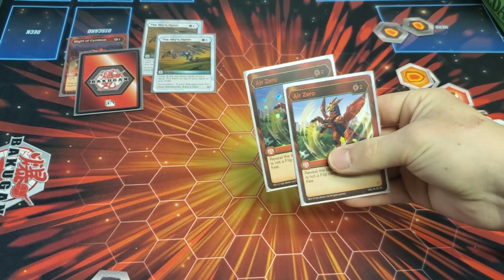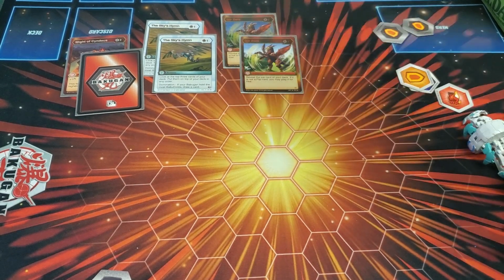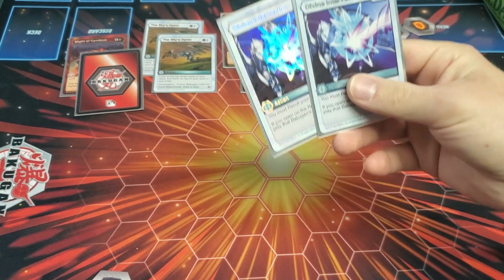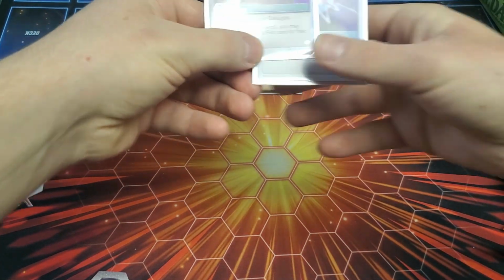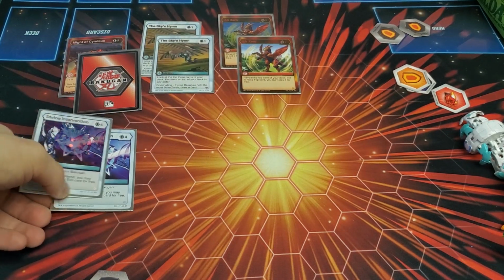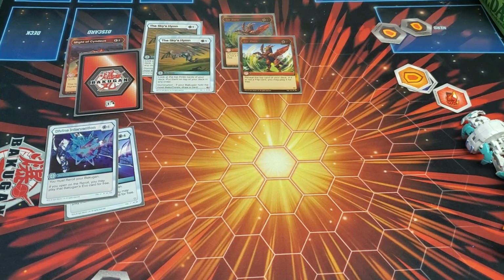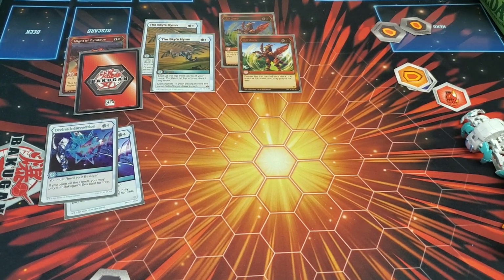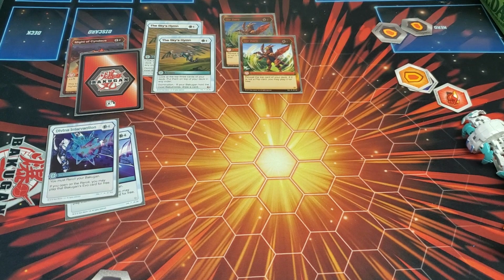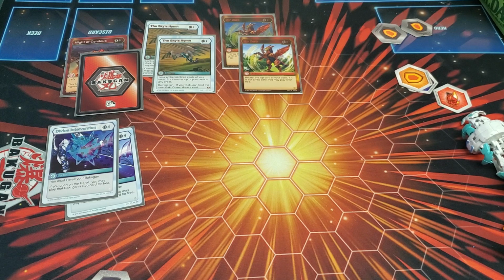Speaking of Air Zero, 2 Air Zeros. And then we got 2 Divine Intervention, a 4-cost reroll that will actually allow you to play Evos for free. Really useful for Maxitor and Dragonoid. Just Dragonoid's 10 costs, so you're definitely not paying that. And Maxitor 7 costs, which you can